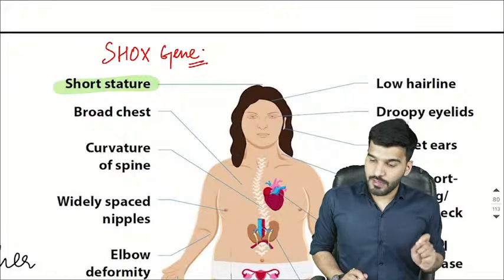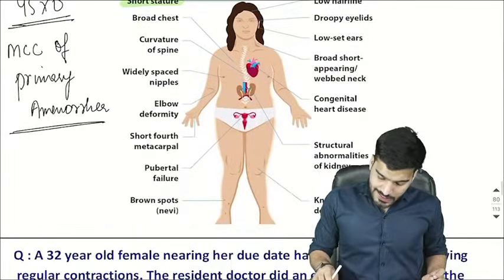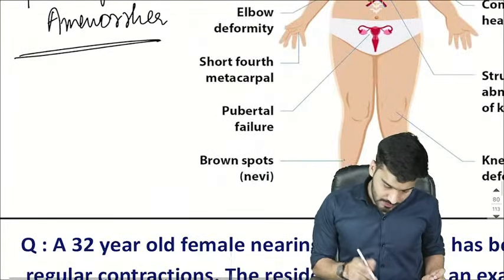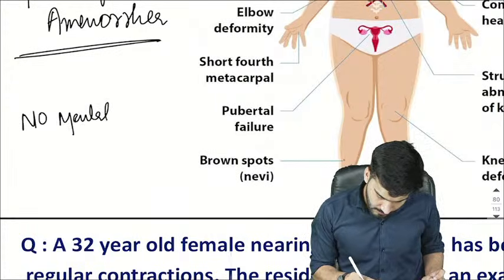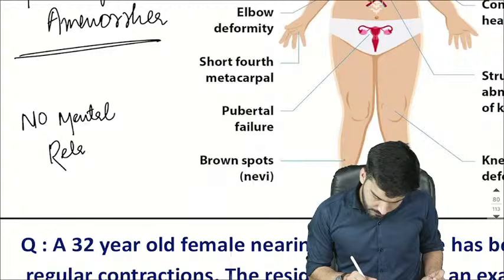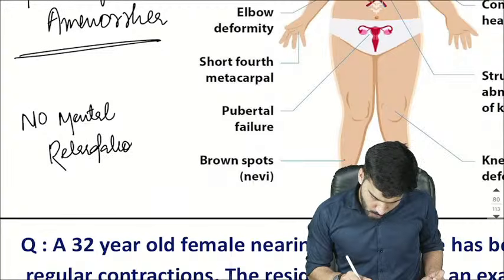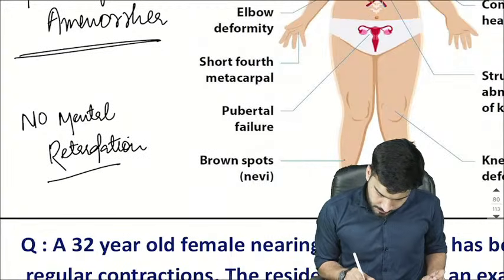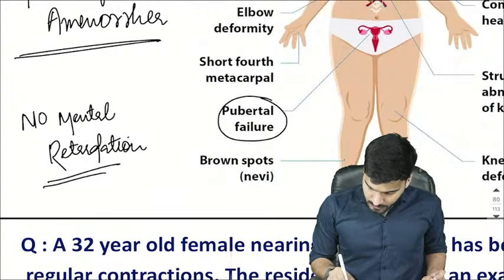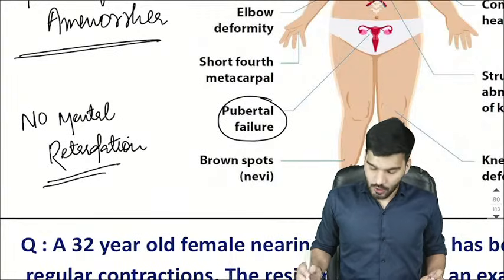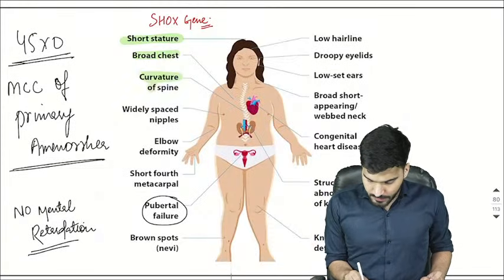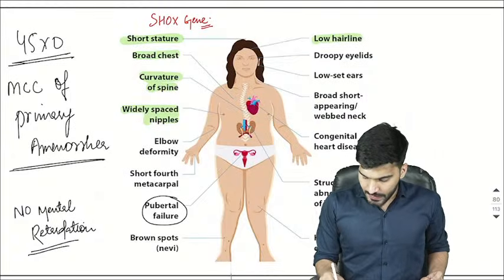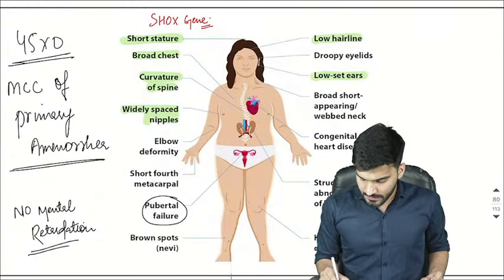Third question, PYQ FMGE: which of the following is incorrect about Turner syndrome? There is no mental retardation. The IQ is normal. There is pubertal failure, that's what we have mentioned. Streak ovaries. There is a broad chest, curvature of the spine, widely spaced nipples, low hairline, low set ears,